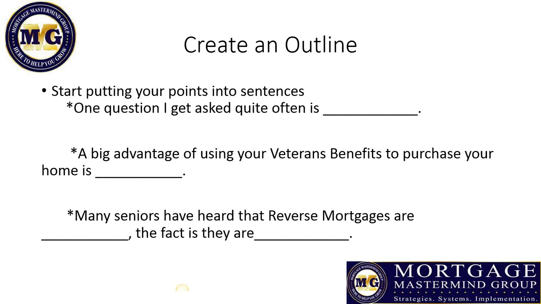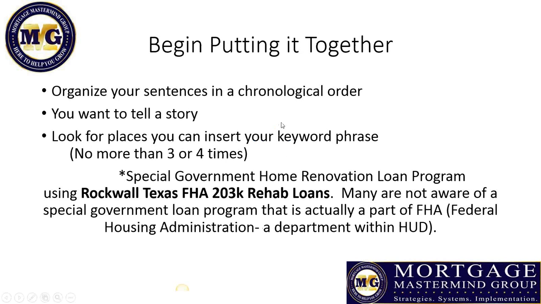At this point, it doesn't need to make sense. It doesn't need to flow in any way, shape, or form. You just need to have sentences already written for each of those keywords. Instead of trying to think of a long form and putting it all into some discernible format, just put sentences for each of your topics. That's going to help you get those thoughts out of your mind and onto paper. It's going to help you create that flow.